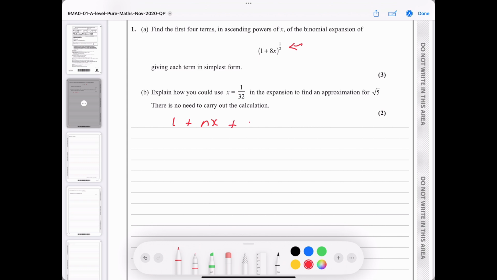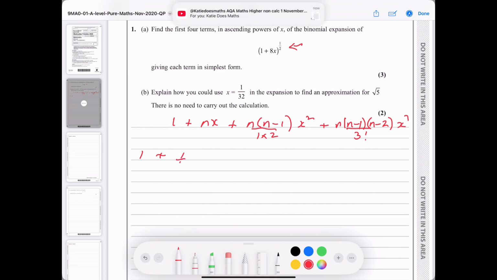plus n minus 1 over, and that would be x squared, so 1 times 2, or 2, plus, and then that would be n minus 1, n minus 2 times x cubed over 3. So that's going to be 3 factorial. So we've got this 1 plus, and that would be half